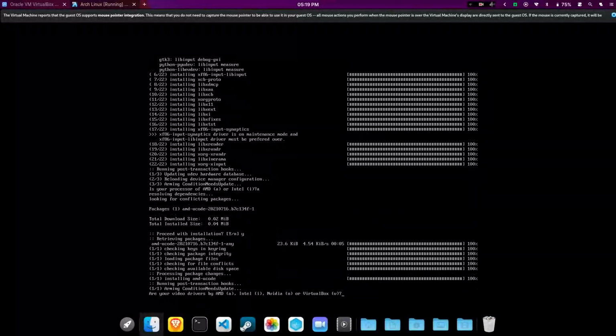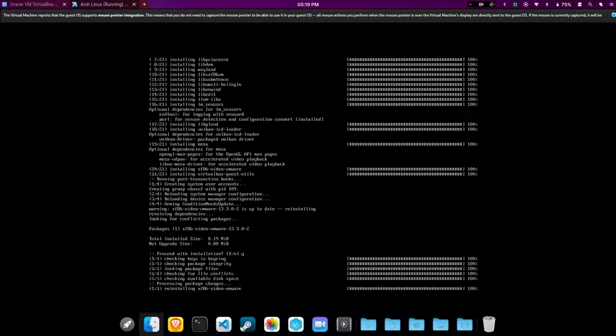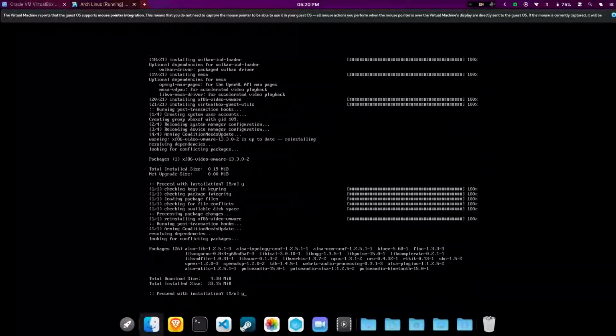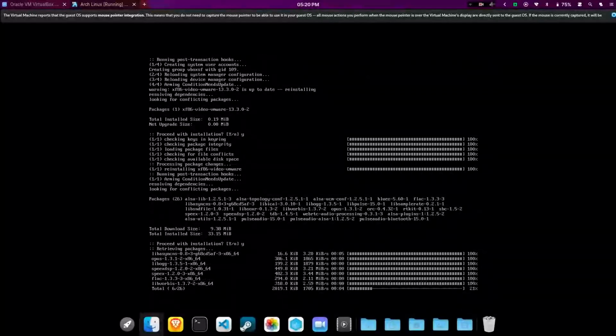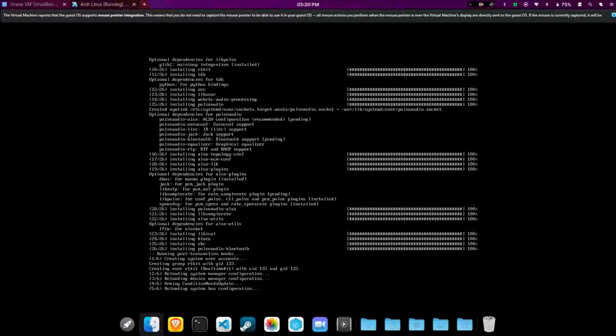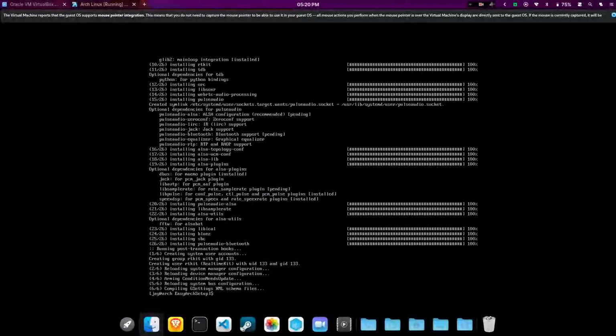Now audio video drivers by AMD, Intel, Nvidia or VirtualBox. I will press V because of VirtualBox. And yeah, we are done. And those who want those desktop environments or WMs with them, for them, well, some stuff are still left. The audio drivers needed. Nice. So we are done with our Arch installation.